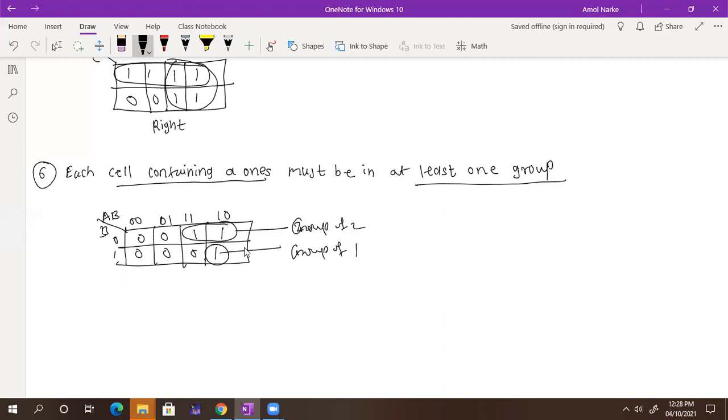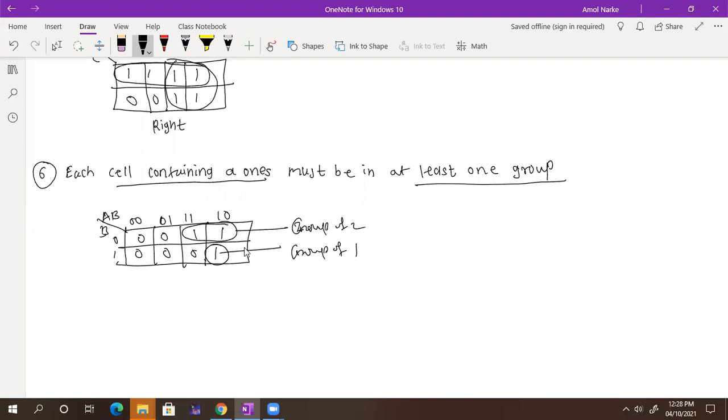Yes, just like you mentioned in the remark, groups must contain 1, 2, 4, or 8 cells. According to this condition, it is right. Yes, absolutely correct. Suppose you have one here, one here, one here. You are making that a group of 3, it is not possible. But vertically, that 1 1 1 comes in the picture, like that. Got it now, everyone?